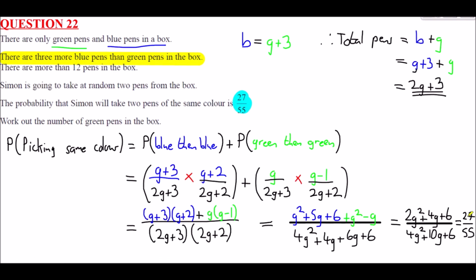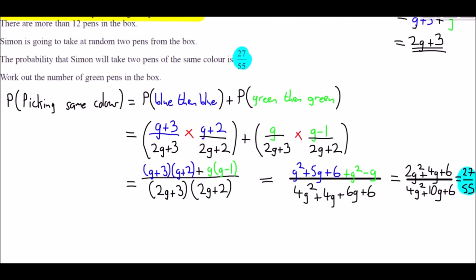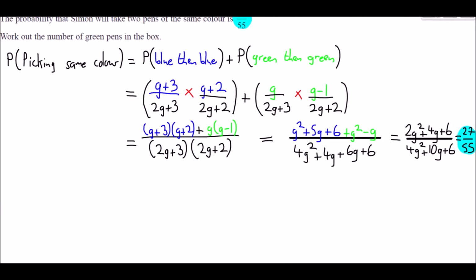So we've actually done the hardest part. The rest now is just to see where we can go with this. Now, one fraction is equal to the other, so I'm just going to take this and make this a bit bigger, just for the sake of making it clearer. So we've got 2g squared plus 4g plus 6 all over 4g squared plus 10g